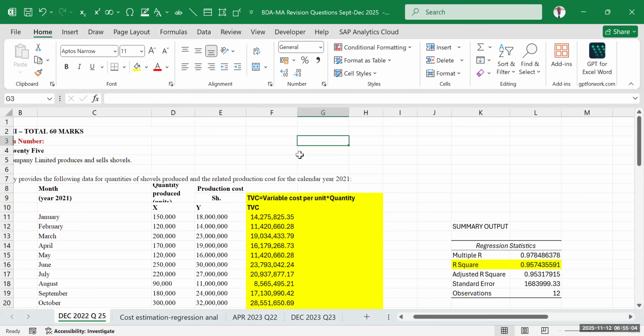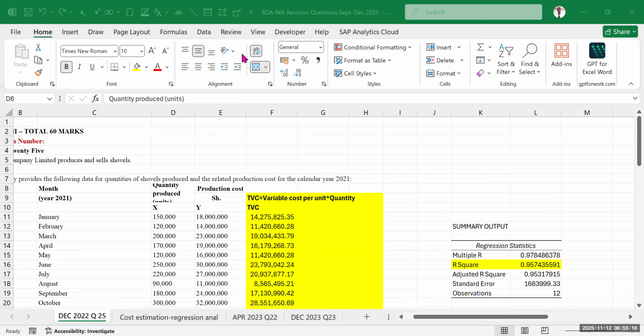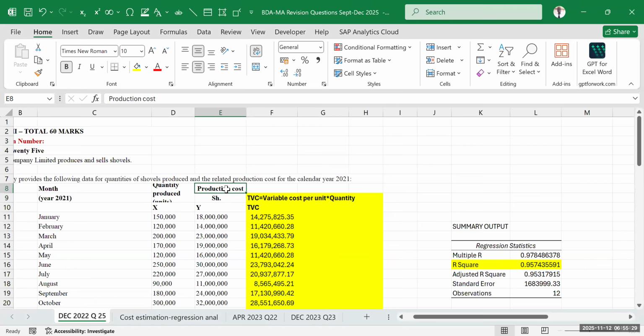Then ask yourself, which one is dependent and which one is independent? In this case, production cost depends on the quantity. So if production cost is dependent on quantity, then pick on the explanations given by the members in that chat box, and whatever Doreen has given there directly explains it. That's why I'm not even worried, because members understand. Once you know the variables and the relationship, production cost depends on this, then go back to the R squared